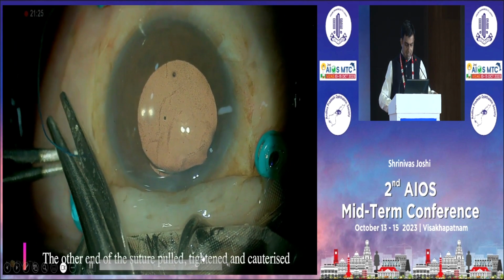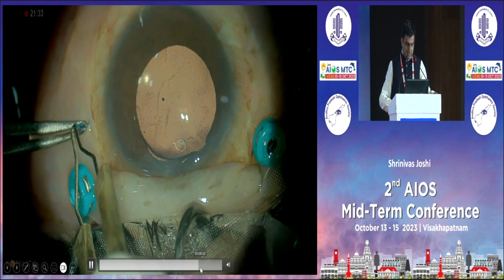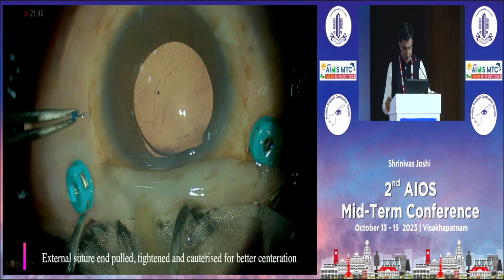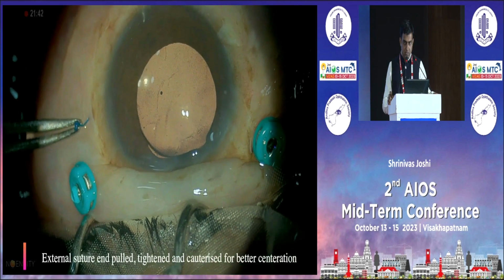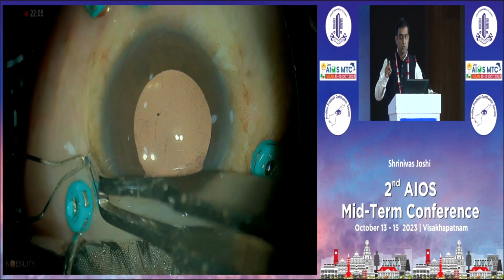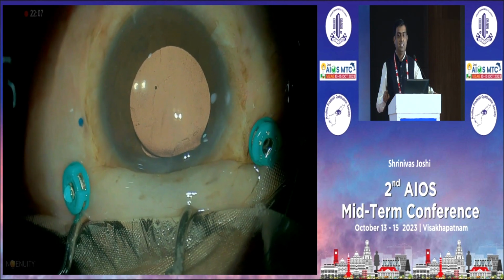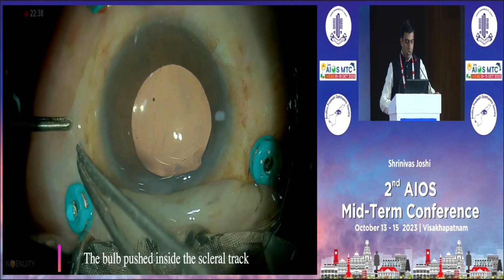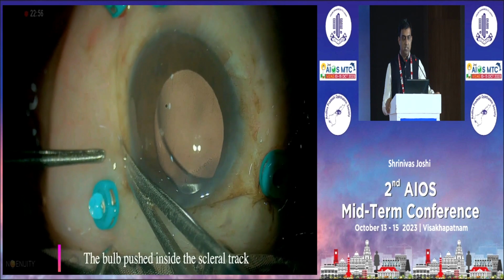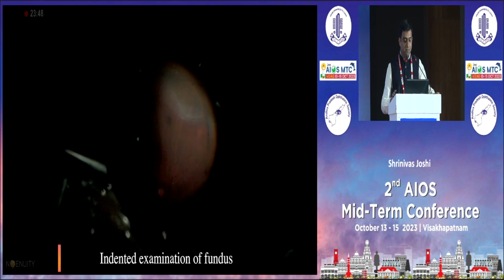Just cut this end using a heat cautery, Bovie heat cautery. You can just form a small bulb and make sure that the bulb is made in such a way that it's a rounded shape and it goes back into the track of the scleral track what we have made. Or in case it is a little larger, you can still tuck it under the conjunctiva, but I would suggest to make a flap in those cases.